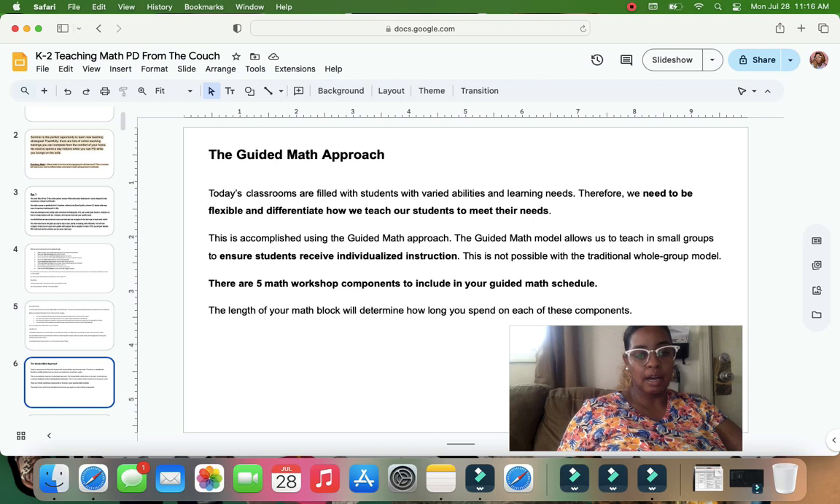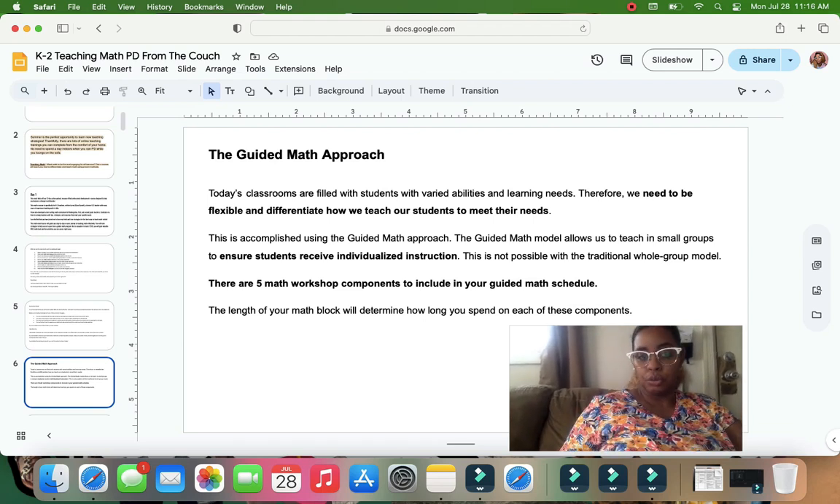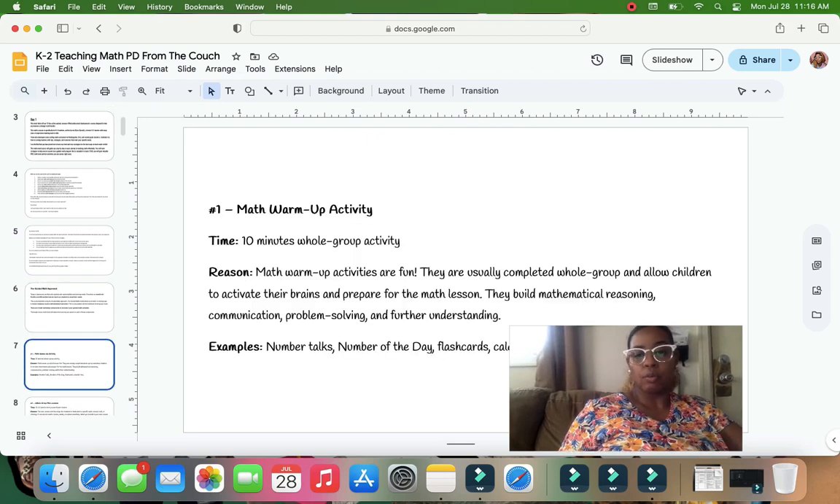So there are 5 math workshop components to include in your guided math schedule. So if you have a pen and paper, write them down. The length of your math block will determine how long you spend on those components. So for one,